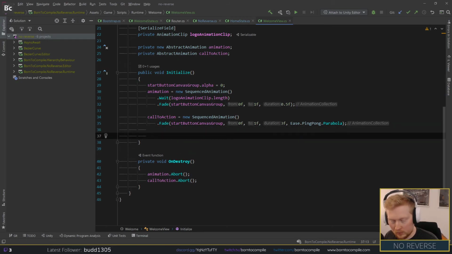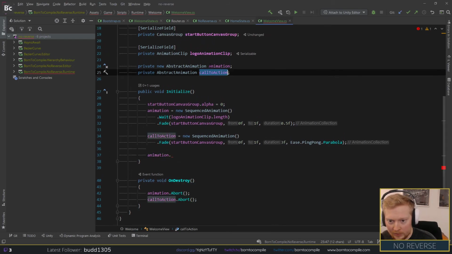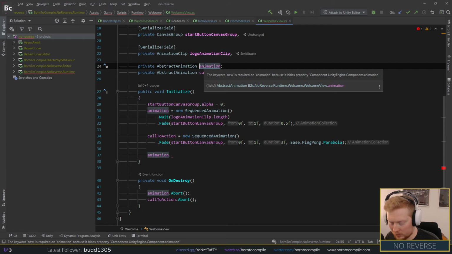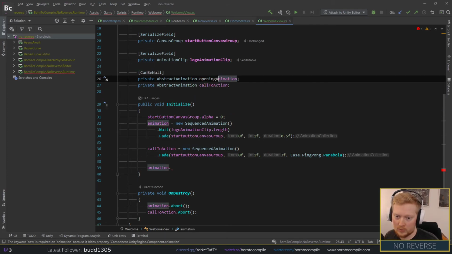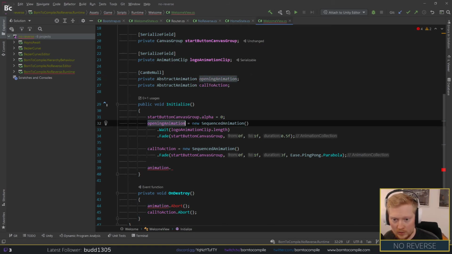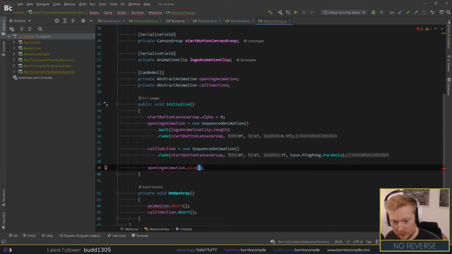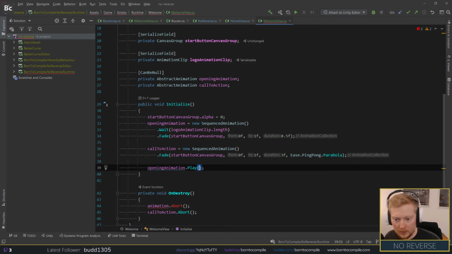And then we want to do animation, which I'm now going to rename because it's not just one animation. There are more than one, and this one needs to be a bit clearer what it is. So we're just going to call it opening animation. Oh, if I can hit the right keys. Opening animation. This one, we want to play it, and when it's done playing, thanks, Rider. When it's done playing, we want to do